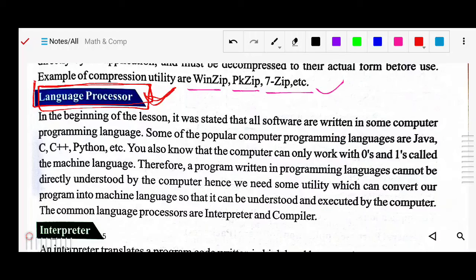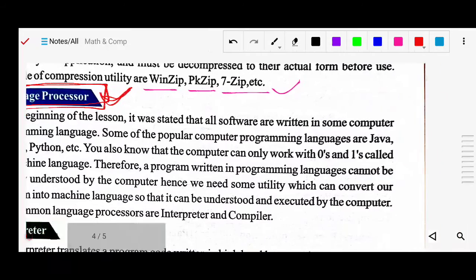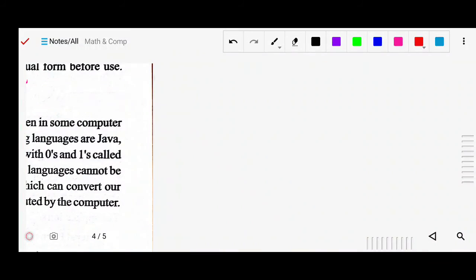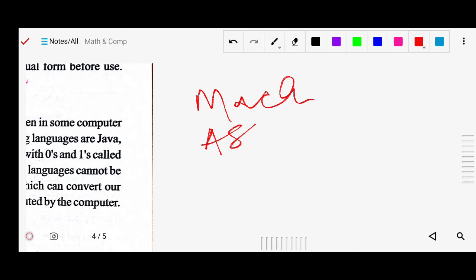So that will be converted, that will be translated. So how will it be translated? As you know about the languages, in the first generation computer, which language was used? Machine language. Okay, in the second generation, assembly language. In the third generation, high level languages were used. In the fourth generation, 4GL languages were used.